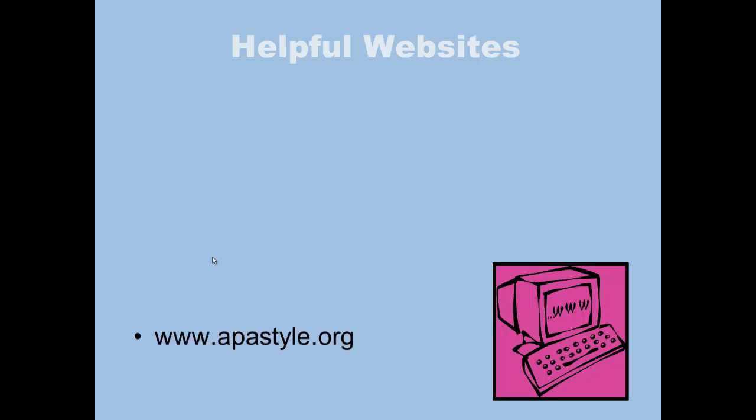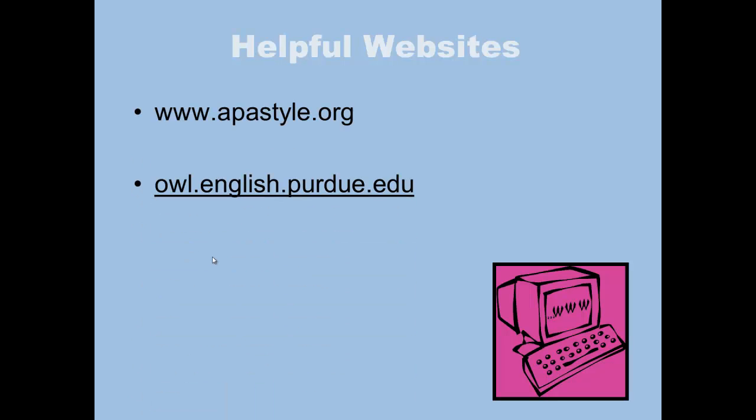And there's also a bunch of great websites out there that you can use, and these are probably the two best ones: apastyle.org and owlenglish.purdue.edu. And of course, you can always send it to me. I'll be happy to look at it and mark it up. We need to make sure that in an academic setting,